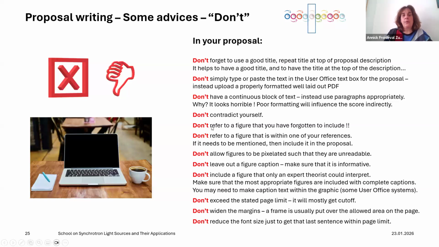Try not to refer to a figure that you have forgotten to include, because yes, you can also include a figure if you like in your proposal, maybe a figure of a previous measurement you did, or a feasibility test you did already at the Beamline, thanks to the support of the Beamline scientist, or maybe a measurement you like to show because you want to show that you already